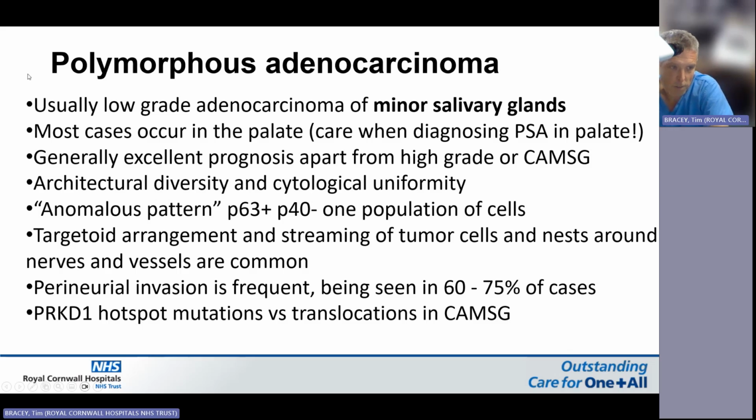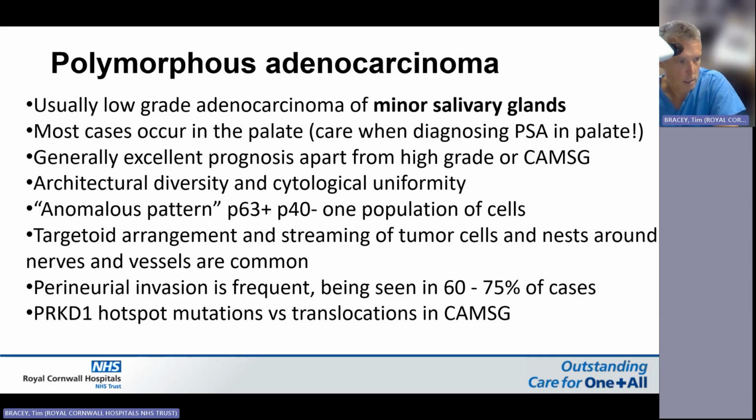The difference is, and people forget this, you only get this in minor salivary glands. Okay, so don't try and diagnose polymorphous adenocarcinoma in the parotid. You don't diagnose it there. So this anomalous pattern, P63 positive, P40 negative, and it's always one population of cells. So it's not a biphasic like adenoid cystic. This pattern is really useful when you've got cribriform pattern polymorphous, or the cribriform variant of